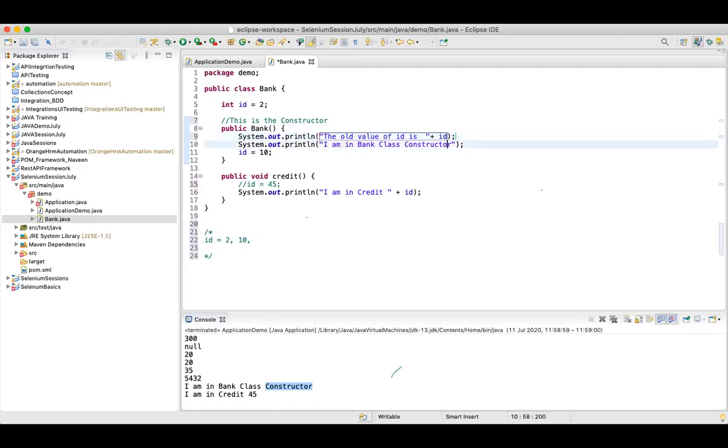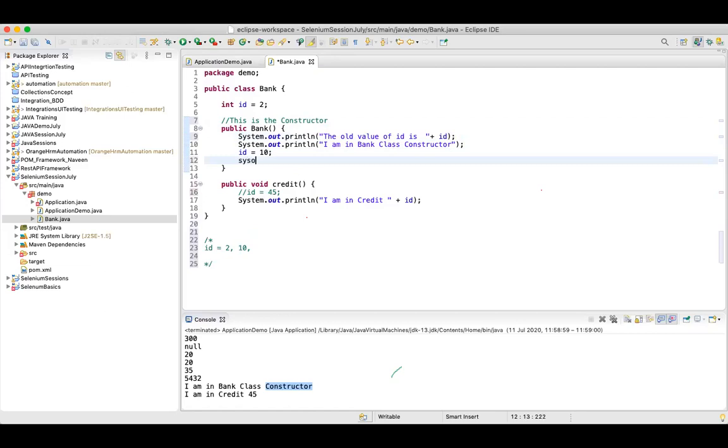And after this, when I print this, when I'm saying old value of the ID, what is the old value of the ID? It is 2.